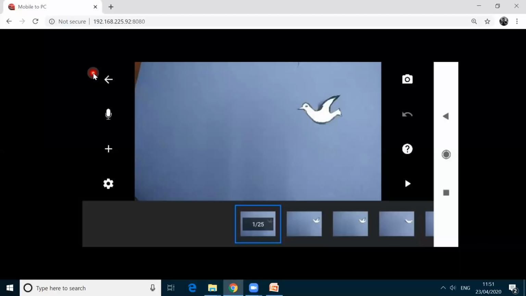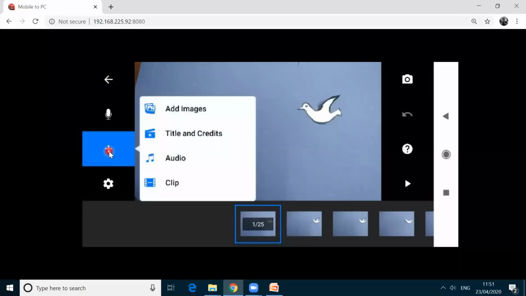There are some features here. This plus icon. These 4 items are for pro version. Here you need not add images and title and credits. This and all are for paid version. This one you can do tomorrow, day after tomorrow during the editing process. Here we are going to get the video output, and day after tomorrow we are learning how to edit, how to add voice, and how to add title and other things, right? So we are leaving this. These 4 items are for paid version. Let's leave this one. And then here the symbol is given, microphone.